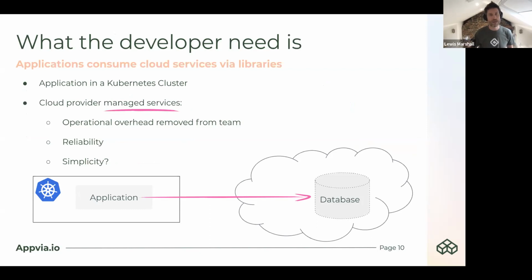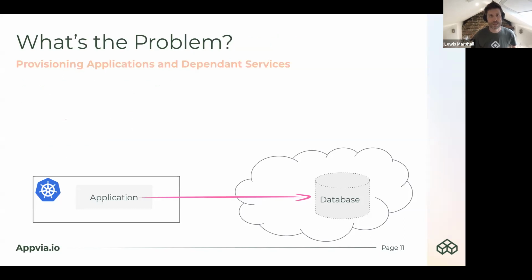Why would you need to do that? Why are managed services sometimes very important? For some teams, removing the operational overhead from the agile development team is a way of driving reliability of maintenance of that service, specifically when the crown jewels are stored. You don't really want the team that is developing business value to be distracted in the operation space. And there's a big question mark around simplicity in that space.